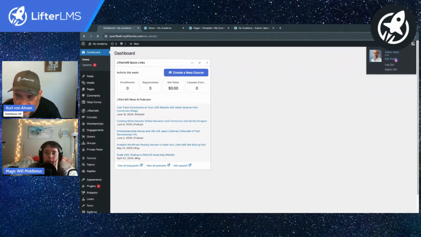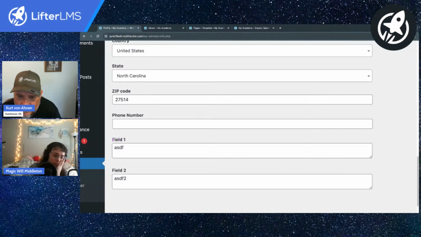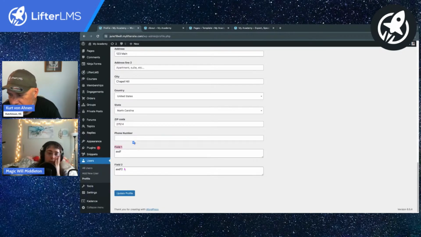In every single user's profile, you'll see that there is field 1, field 2. So you'd make a bunch of fields for each of your survey questions, and then you use something like Gravity Forms, WP Forms, whatever forms tool you'd like to populate those fields. And then you can use little shortcodes to display the user's information, like, hey, this is what you submitted on lesson 2, and grab information that they submitted earlier in the course.